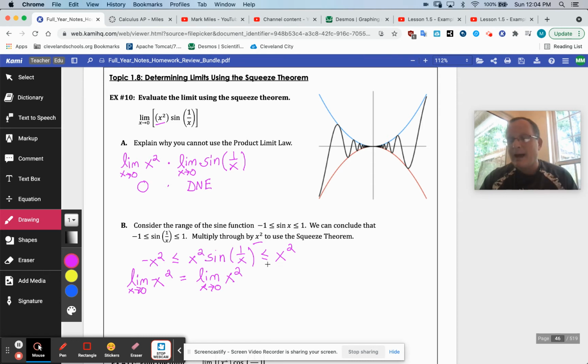And by the way, those are both equal to zero. So then, therefore, a little shortcut notation for therefore, not making this up. Therefore, by the squeeze theorem,